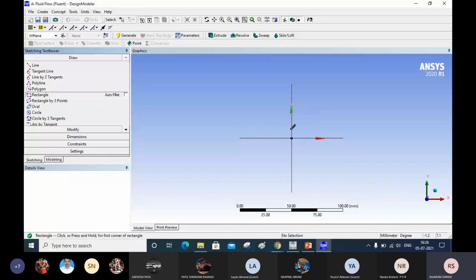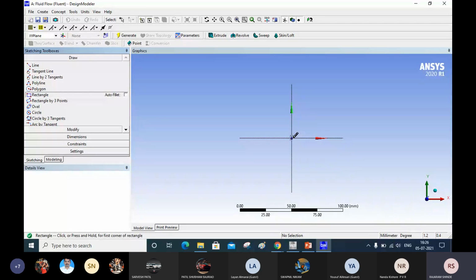Now when we move on axis, you will get the C symbol. Here it may not be visible for you, but when you practice on it, it will be visible. Even if it is on axis, it will show C symbol. When you move on origin, it will convert that C symbol to the P symbol. P means that your mouse pointer is coincident with your origin.